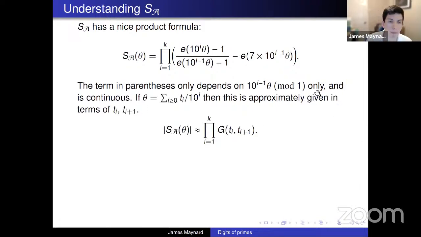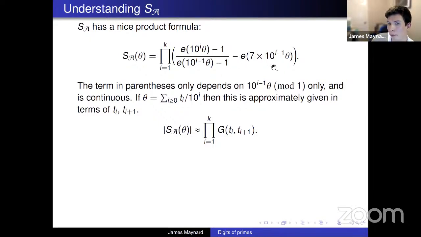So I said before that we might guess that the size of the Fourier transform should be very closely related to the decimal expansion of the point, the Fourier frequency that you're evaluating the Fourier transform at. So you can think of the value of theta as having a decimal expansion t1, t2, t3, t4, t5, and so on. And then because this function in parentheses just depends on 10 to the i minus 1 times theta and is continuous,